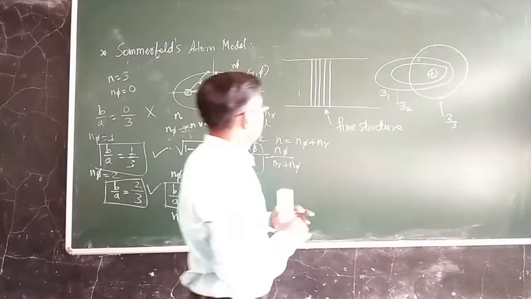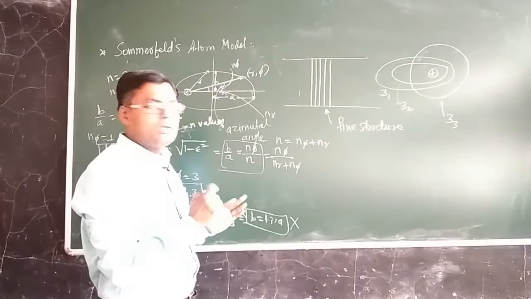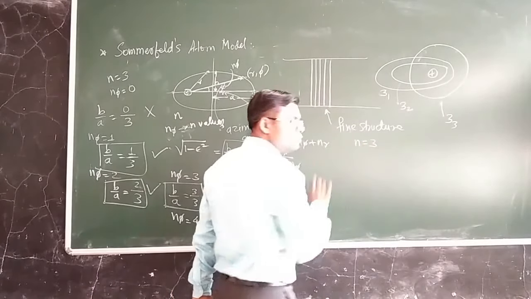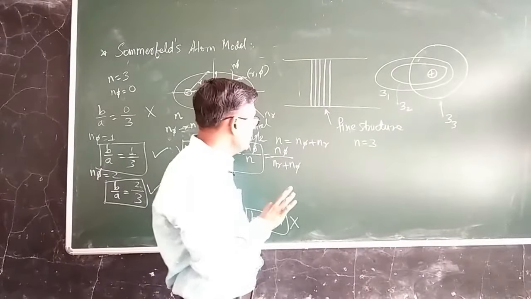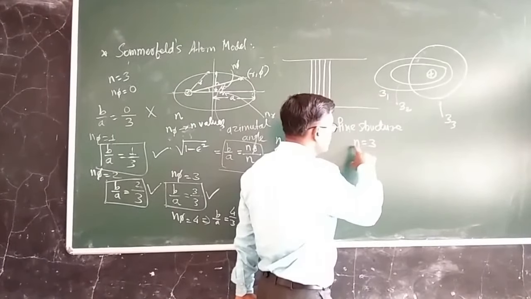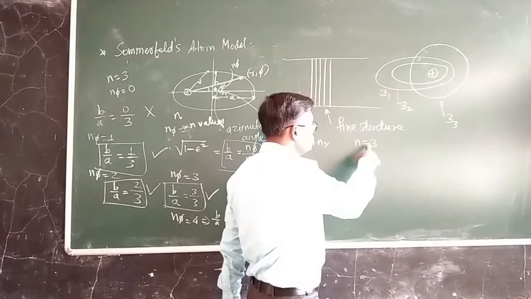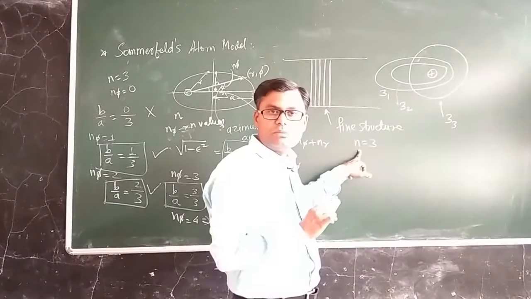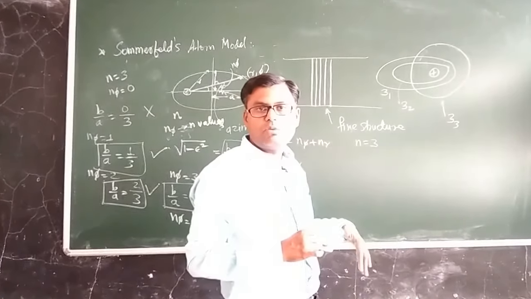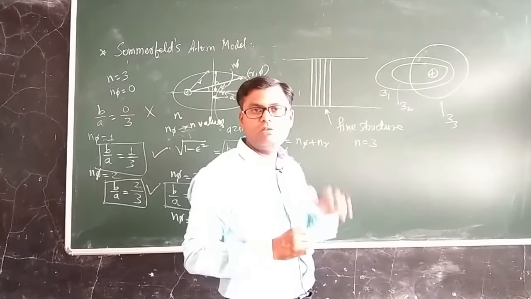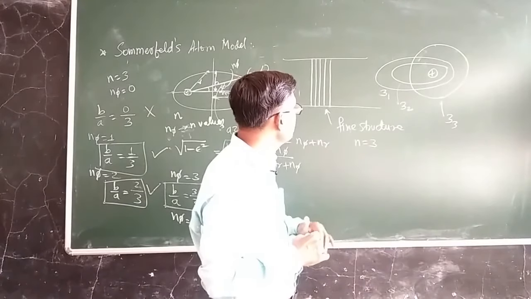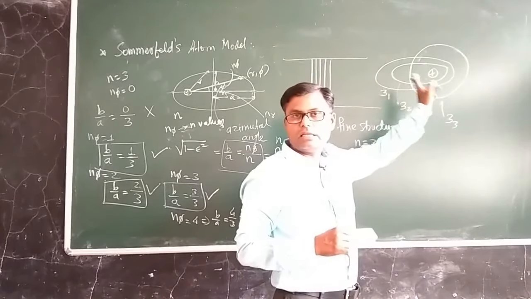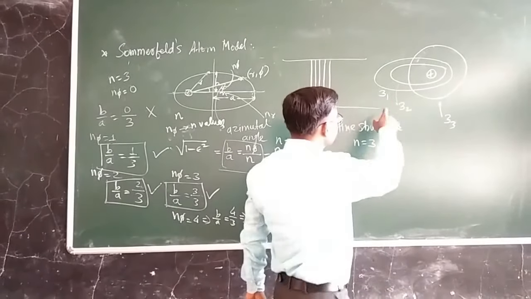So you see, in case of Bohr atomic model, if there is a single value of quantum number, for example n is equal to 3, there is only one energy level or one orbit possible. This n equal to 3 indicates that there is a single orbit for this particular quantum number. But in case of Sommerfeld atomic model, where the electron revolves in the elliptical fashion according to him, there are different energy levels or different orbits possible.